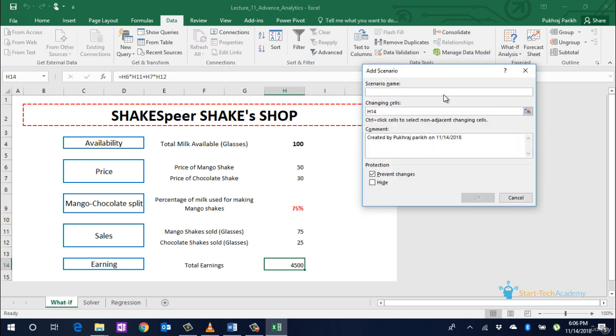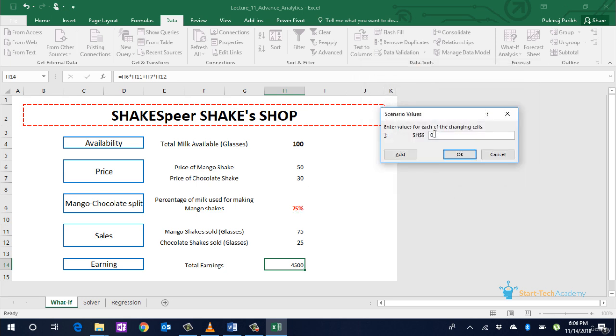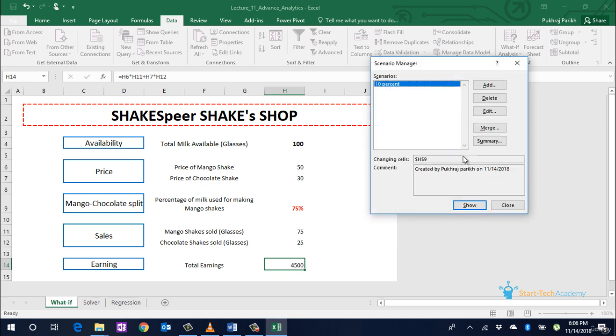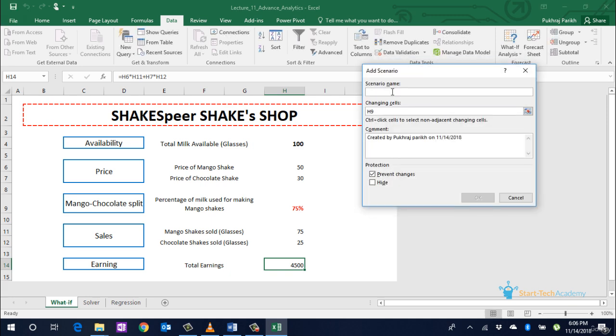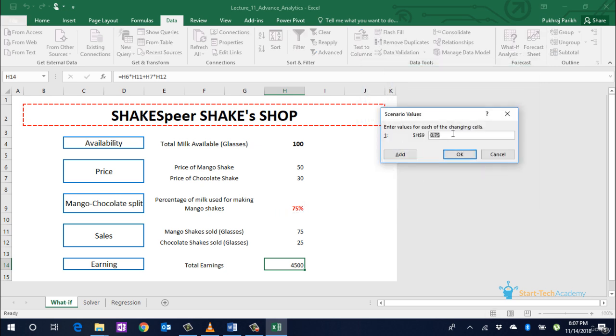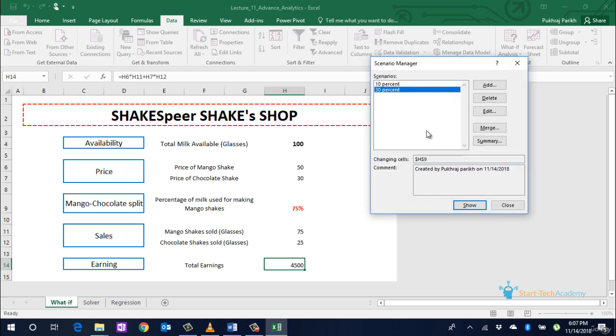So click on add, you can give any name to the scenario. You can give a name of 10. Changing cell H9, okay, 0.10, okay. We'll add more scenarios to this, which will be 30%, 0.30, click on add,